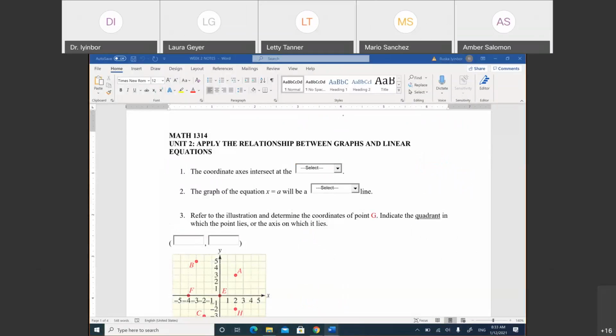So here we're going to start with the material for this week, and we're talking about applying the relationship between graphs and linear equation. So we're going to talk about graphs, and also linear equation, and applications also. So first, when you talk about graphs, you need to know how the graph is,